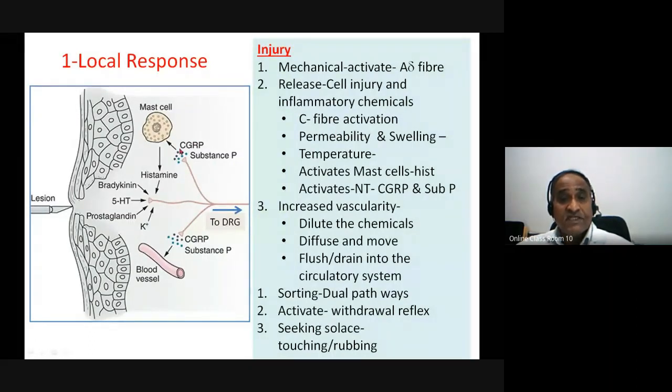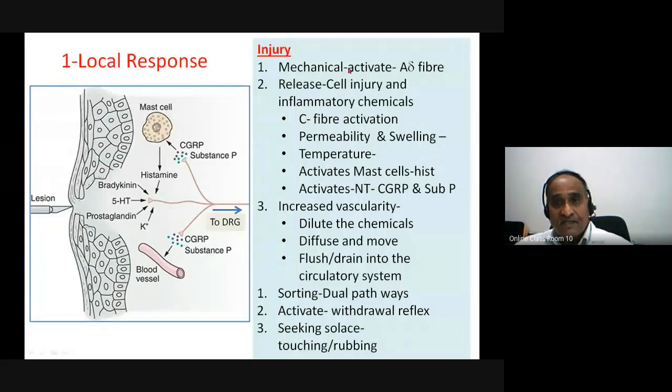So now, once the temperature is increased, the temperature further stimulates this nociceptor. This is a nociceptor there. A nociceptor is a polymodal receptor that can be activated by the mechanical, that is a stretch, that can be activated by the chemicals, the number of chemicals are here, and that can be activated by the thermal sensations. And further, histamine itself also triggers the activation further. All these things produce increased information or increased